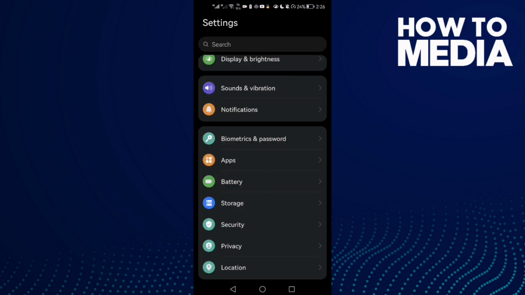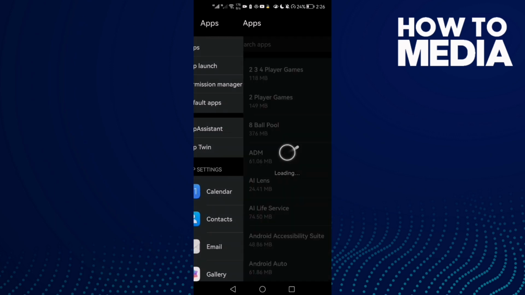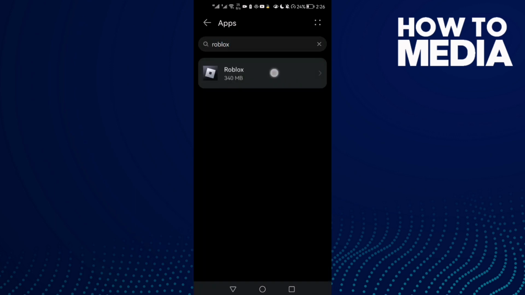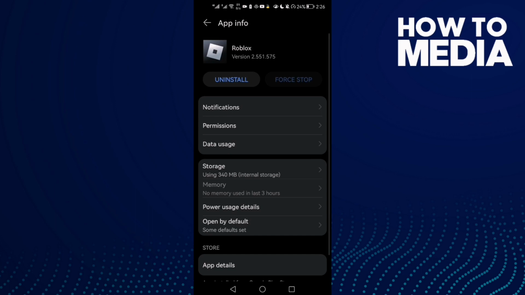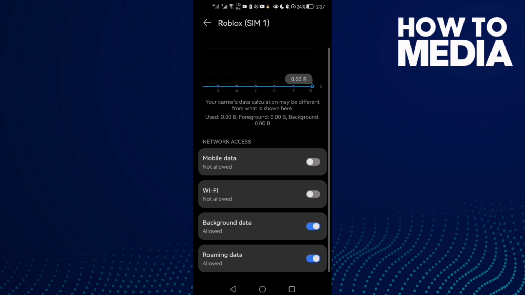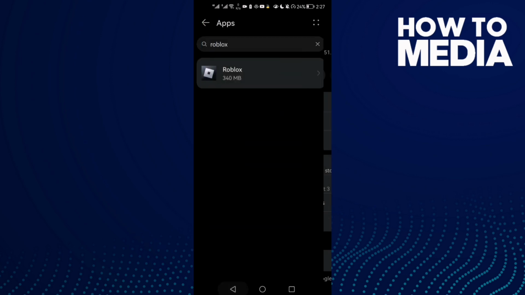First, open settings and then scroll down until you find apps, and now click apps again, and here just type Roblox, click on it, and first click data usage, and now check all of those here. Maybe you will find it like that, just click on it, and that's it. Now just go back,